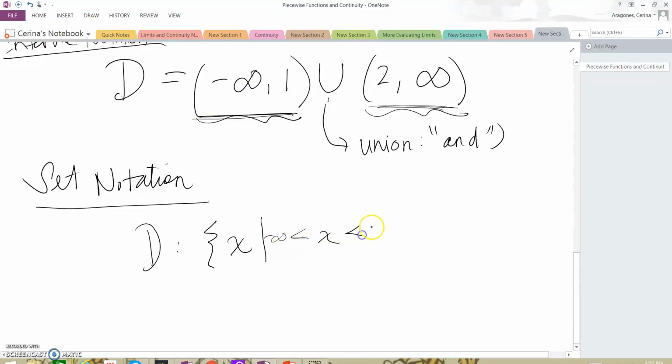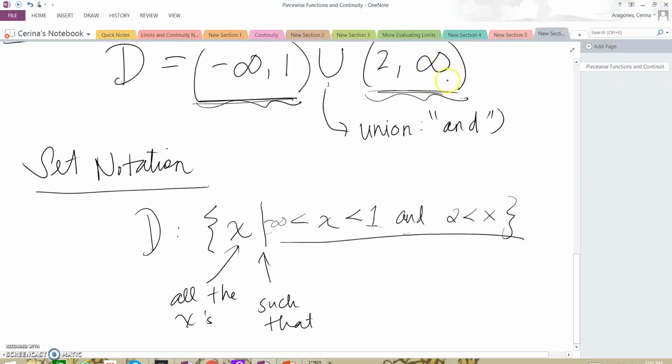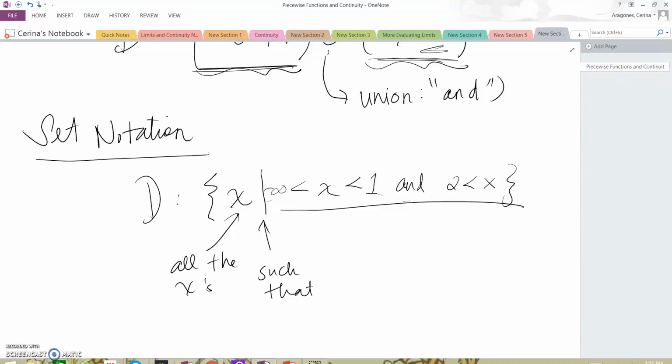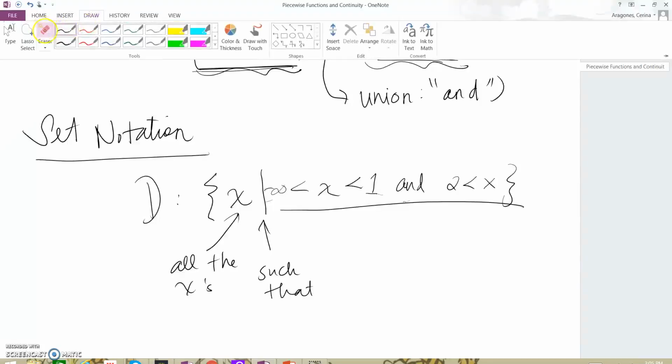And x is less than 1, and it has to be between 2, anything greater than 2. So this is essentially saying all the x's such that x is between negative infinity and 1, and 2 is greater than x. Because we go all the way up to infinity, you can actually just shorten this to all x's less than 1, because that goes all the way